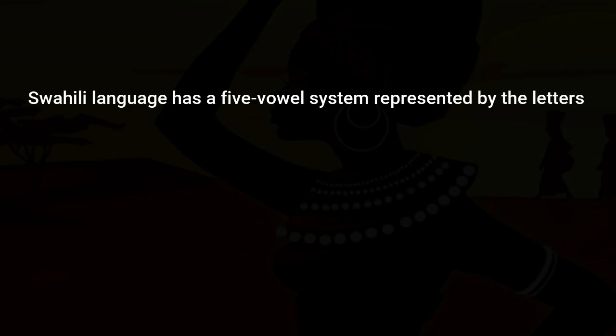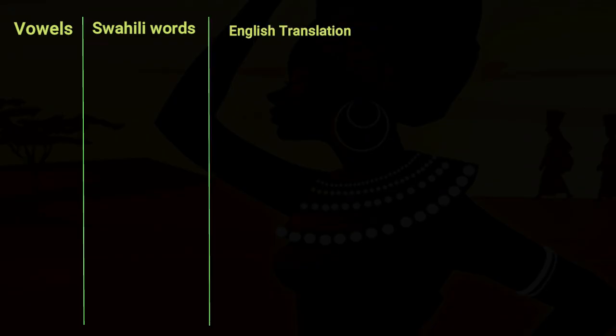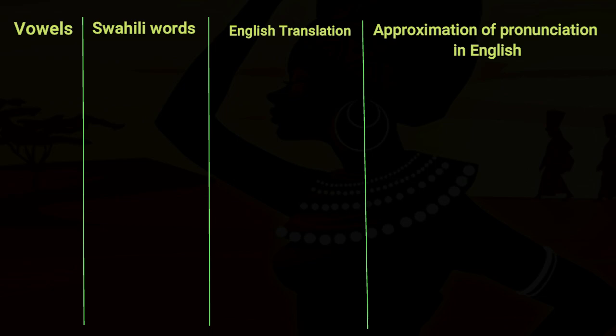Swahili language has a 5-vowel system represented by the letters A, E, I, O, and U, as exemplified below. So we are going to have vowel and then Swahili words, the English translation, and then approximation of pronunciation in English. Okay, so the first vowel is A